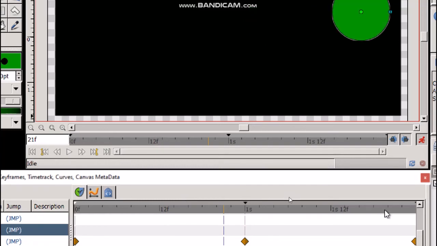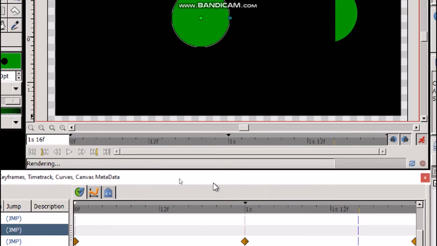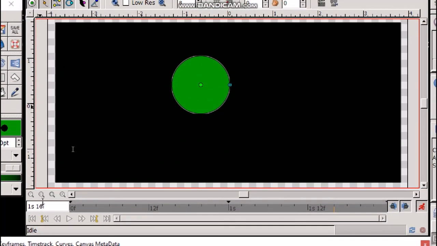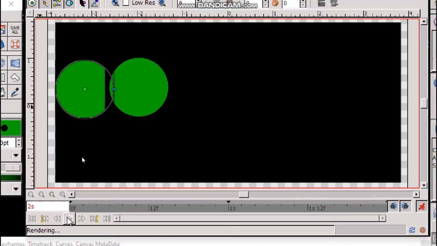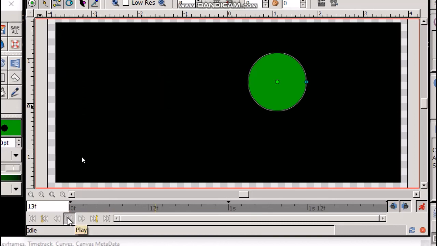These frames, when displayed together using play button, will give an effect of a moving circle like this. When I press play button from here, it will give the effect of a moving circle.